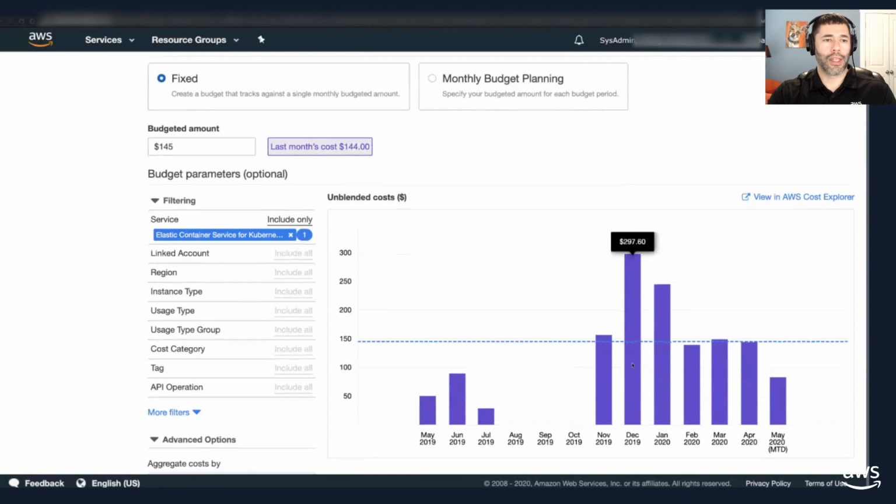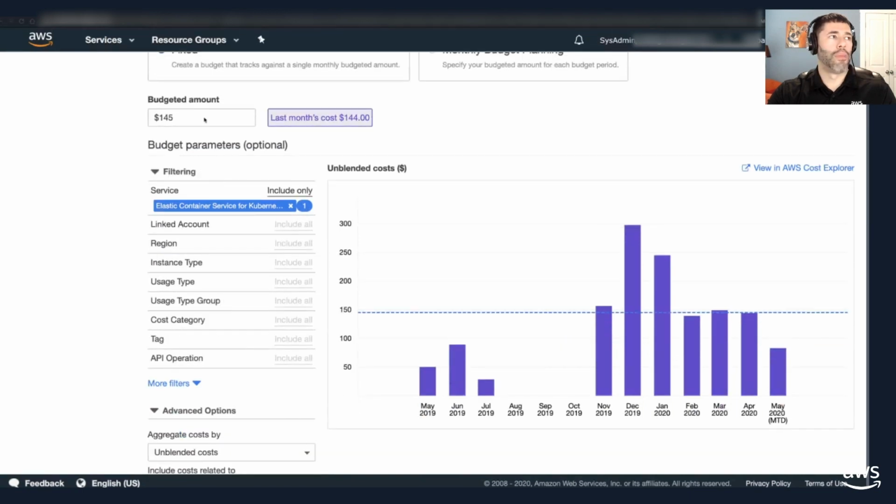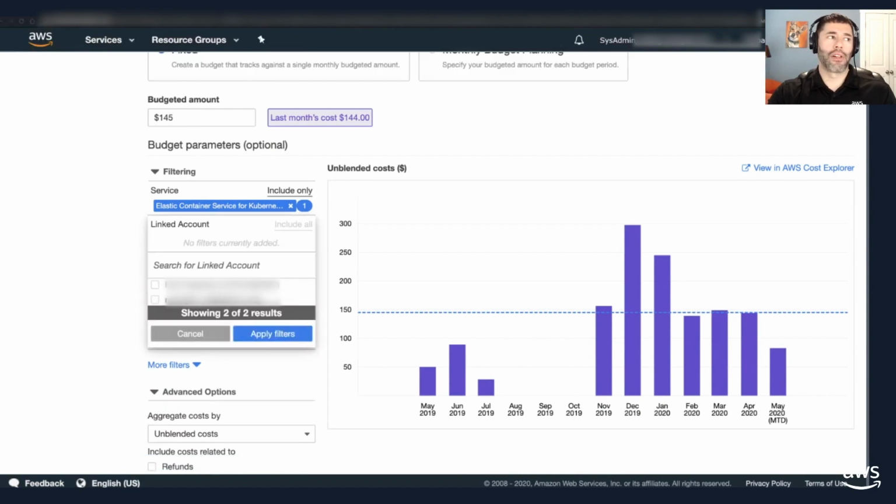Here's what your spend is so far. You've got a budget amount of $145. You can go even more granular and say, I only care about it within a specific account, because this is my master and this is my account that has resources. So I can filter down to a specific account,